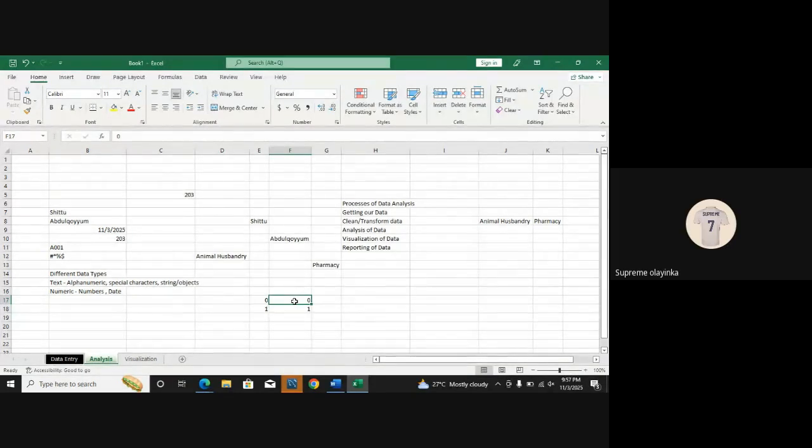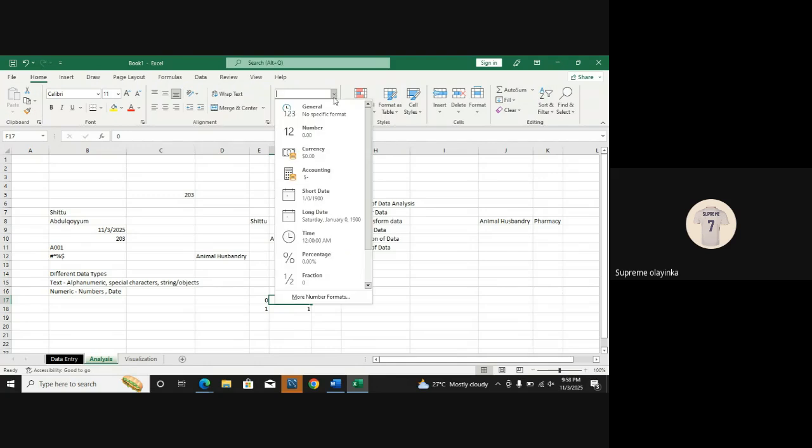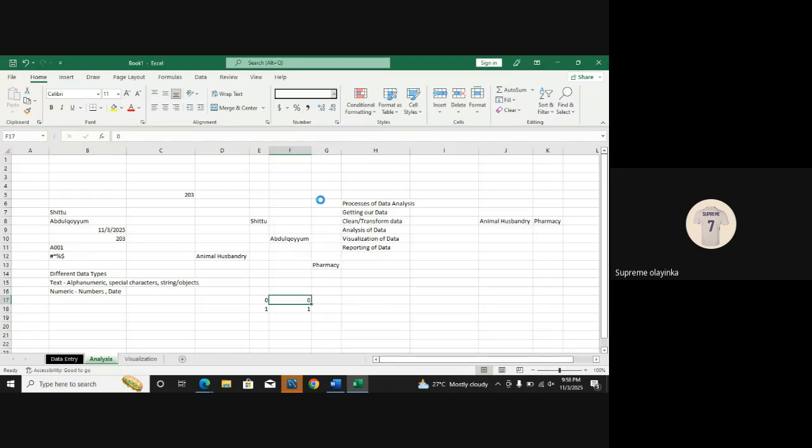So if I click on this zero cell, under my home tab we have various sections, like the number section. There is a drop down there. I want to click on that drop down. We have different options there. I want to change it to short date. So we can see it is giving me